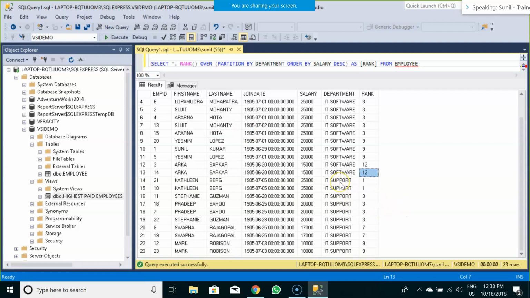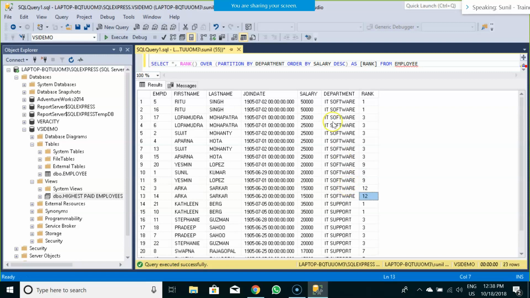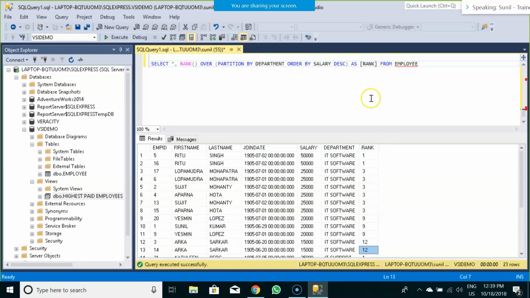It's the same thing, but the only difference in the result is that this time it has partitioned based on the department. So in a real-time situation, if we would like to get some information in a typical scenario wherein there are different categories available, we can first apply a partition on those categories, and on the basis of those categories, whatever quantitative analysis we are doing, we can apply ranking on them. So the first example which I showed you is not a feasible approach. This is more of a feasible approach.